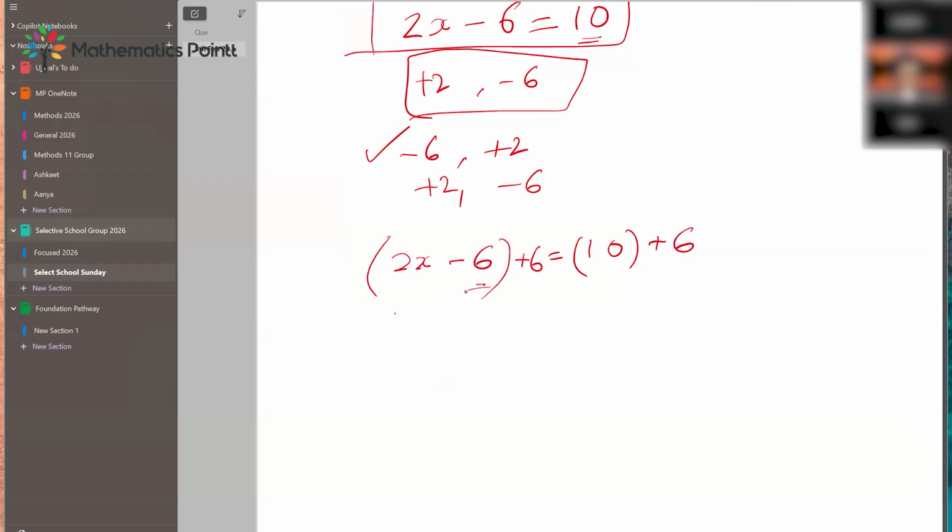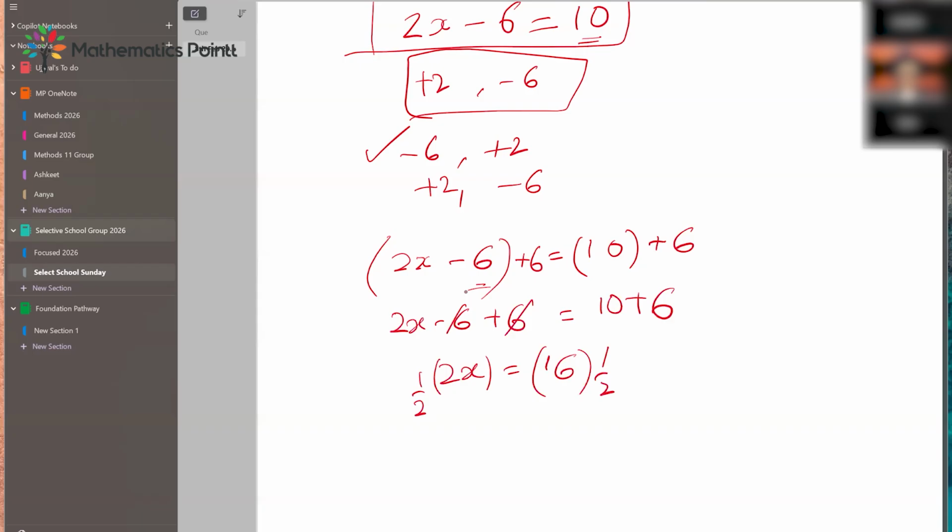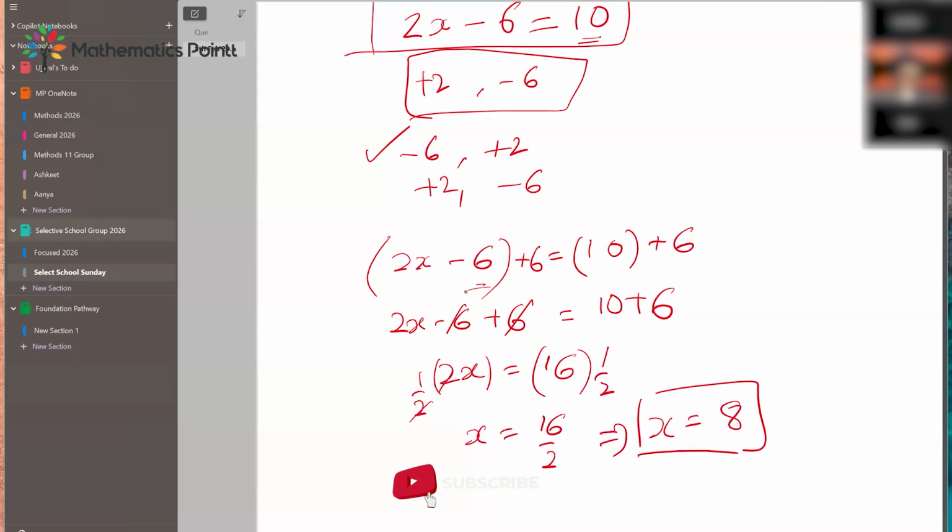I open the brackets up because why I did positive? Because the reverse operation is addition. 6 gone, 2x equals 16, and then I say, okay, let me just divide it by 2. So when I open the brackets up, 2 gone, x is 8, all good. Is this making sense? Right, everyone? All right, now